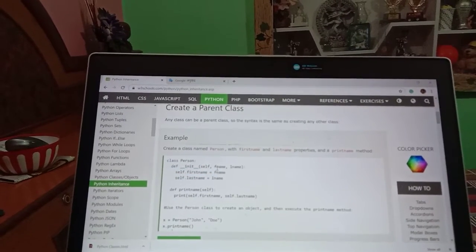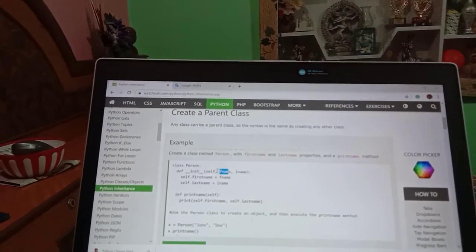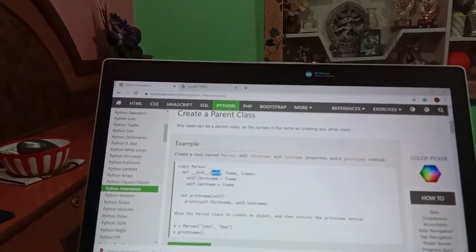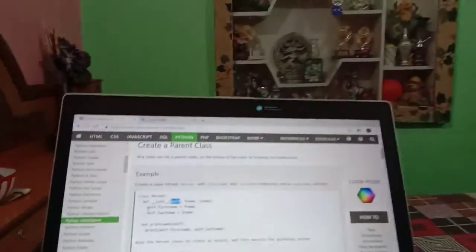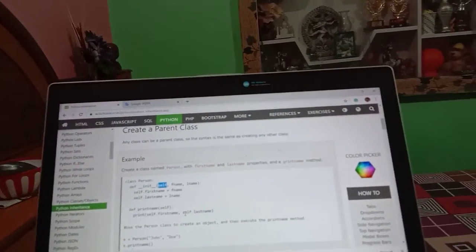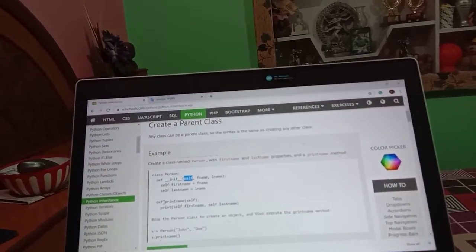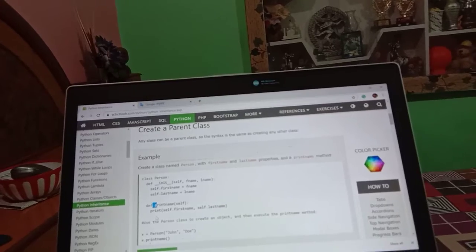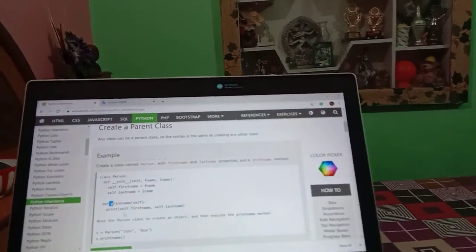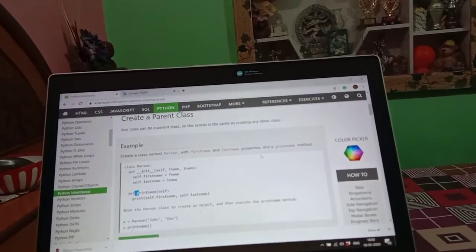Now we refer to the instance's properties by using the reference word self. So we can see here self dot first name equals first name, self dot last name equals last name. Now we define the method with the name print name. So define print name self. Now we print self dot first name, self dot last name.